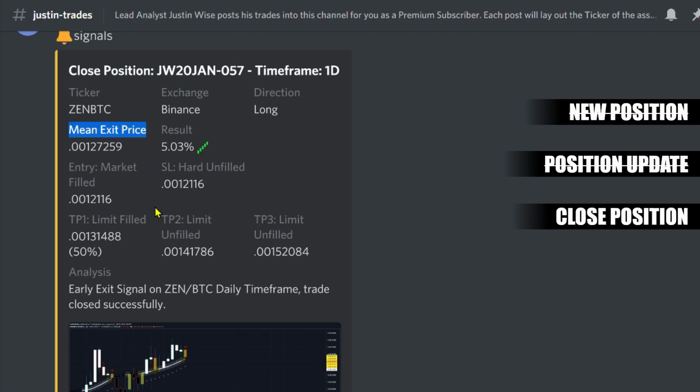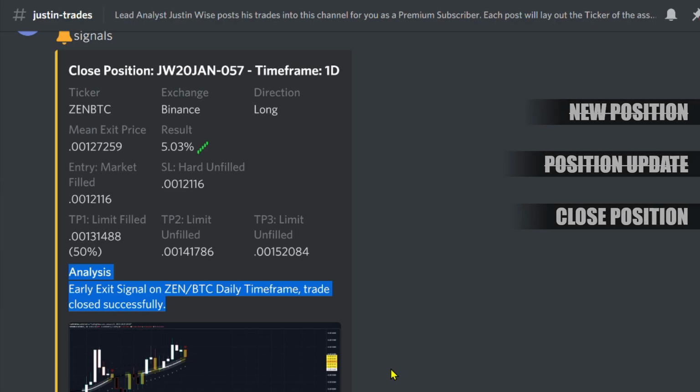The mean exit price, which is the average exit price for the trade based off of where the profit was taken. Result is the ROI, or the return on investment of the trade, how much was made or lost based on the original position size. Also detailed are the trade's take profits, entries, and stop loss, and they will be marked to reflect whether they were filled or unfilled. The analysis here on trade close includes closing thoughts, usually explaining the conditions under which the